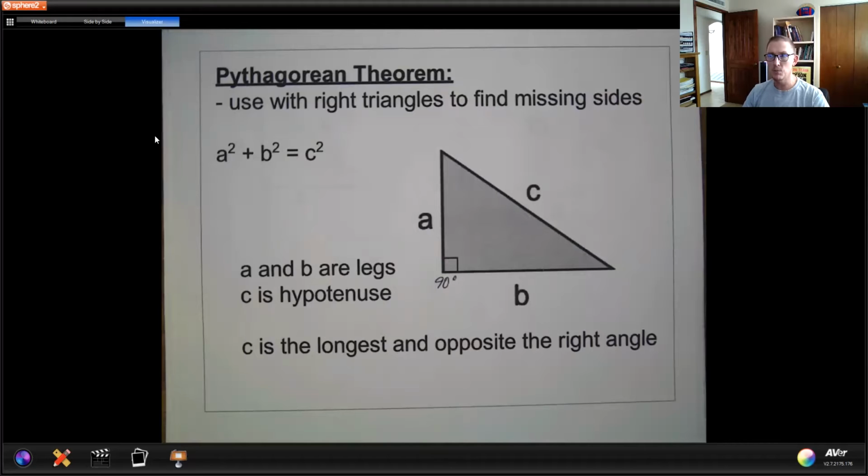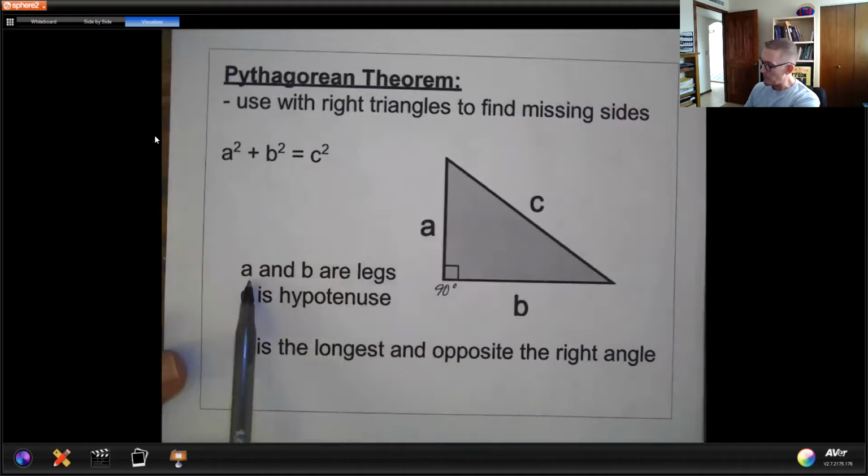The Pythagorean theorem is a very special formula that's going to get used a lot. The formula is a squared plus b squared equals c squared. That little 2 up there means squared. Now, the key is, what do A, B, and C stand for? Well, you'll see in the picture here, A and B